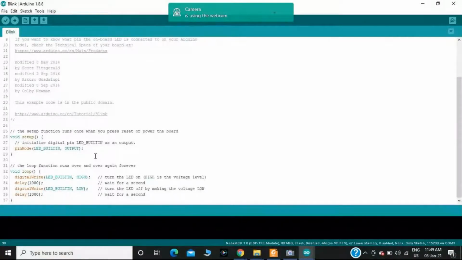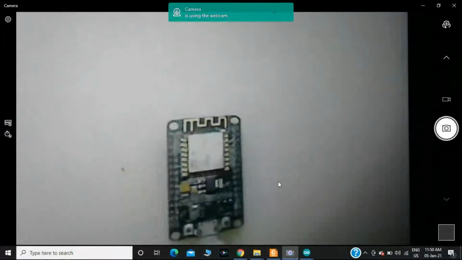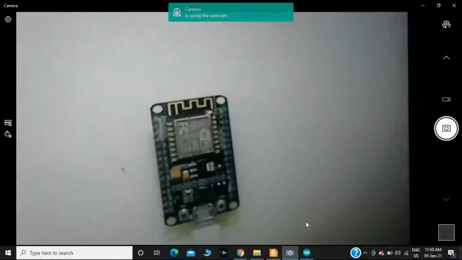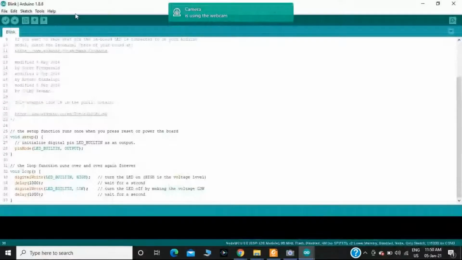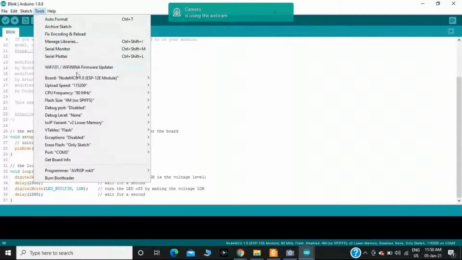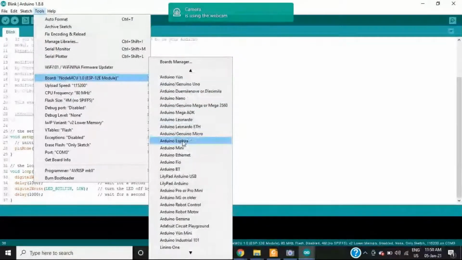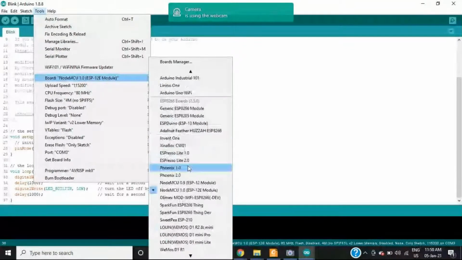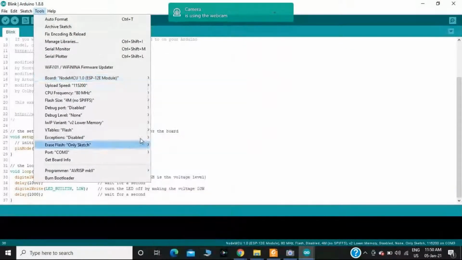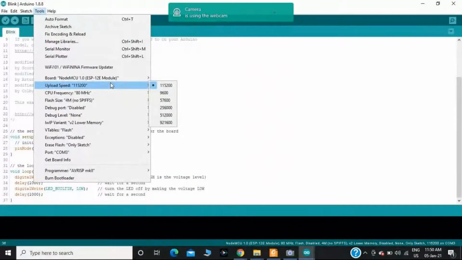After connecting the Node MCU to the laptop, now I should select the tools section. In the tools menu, I should click on the board. In my case, I'm using the Node MCU microcontroller. For that reason, I should click on the Node MCU. After clicking on the Node MCU, you'll have the baud rate of 115200. Okay, I have to be very careful.